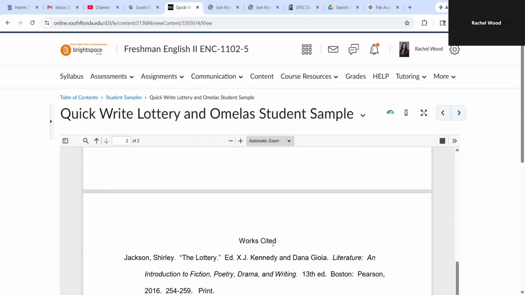When you are finished with your Quickwrite, save the file in an acceptable format, such as a Microsoft Word document or a PDF. If you are a dual-enrolled student, then you will probably be using a school-issued Chromebook, and you will have to turn the Google Doc into a PDF before you upload it. Also, if you are using a Mac, Brightspace does not communicate with Macs, so just a note for that. Please make sure that you upload it to the correct Brightspace Dropbox by the posted due date.